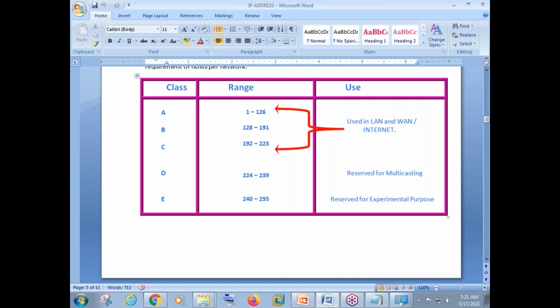And who designed these numbers? The same people. Remember, yesterday we saw ICANN or IANA actually. This organization is responsible for designing and distributing addresses all over the globe. So they designed these numbers.